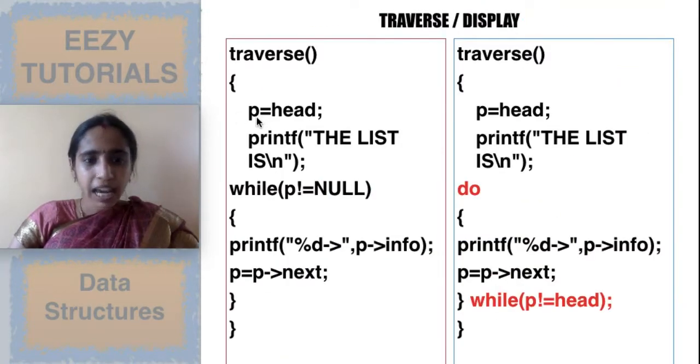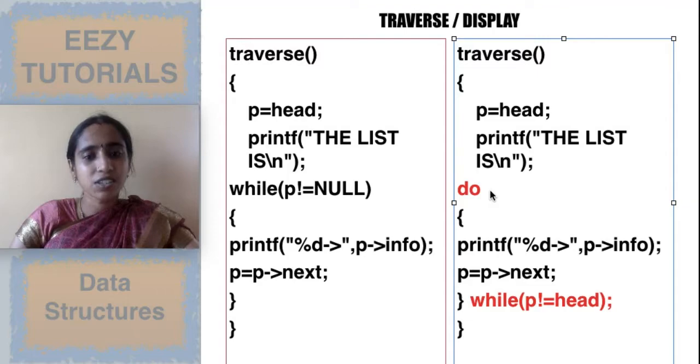Initially I am starting with p is equal to head. If I am using a while loop in the case of a circular linked list, initially p is equal to head. So if I put the condition while p is not equal to head, the code will not run at all. So I should not make this an entry check loop.